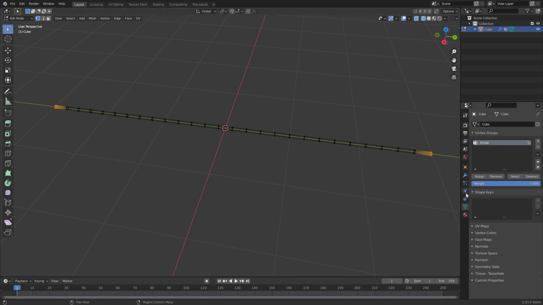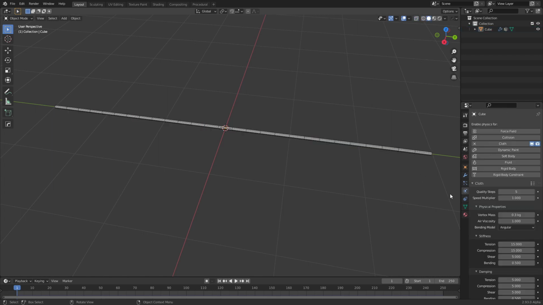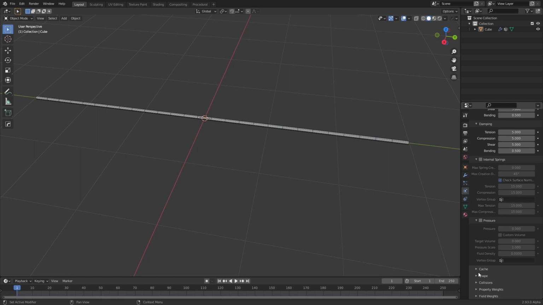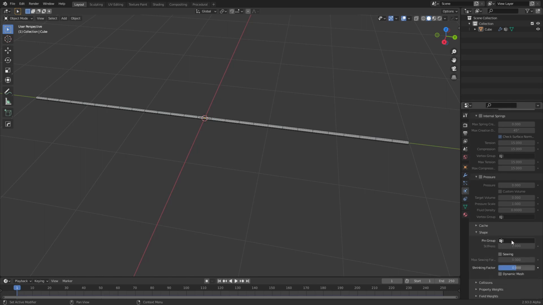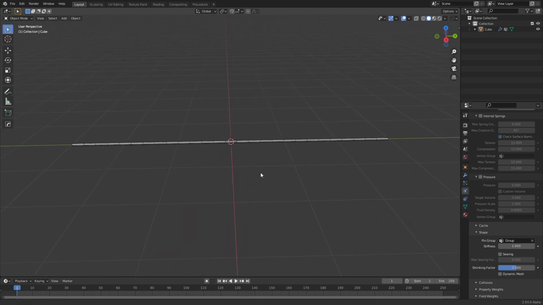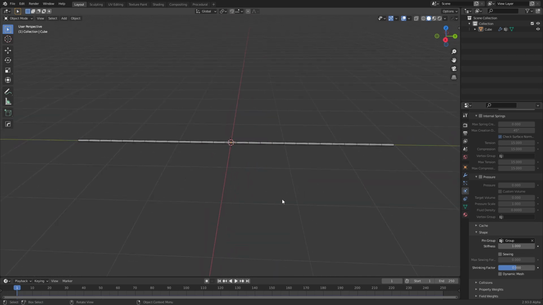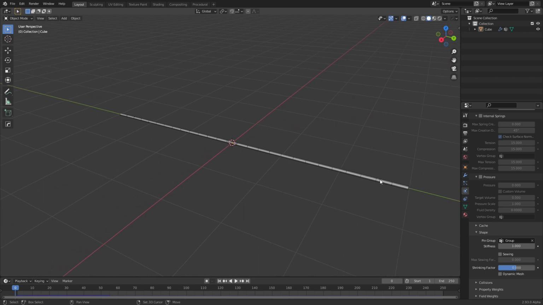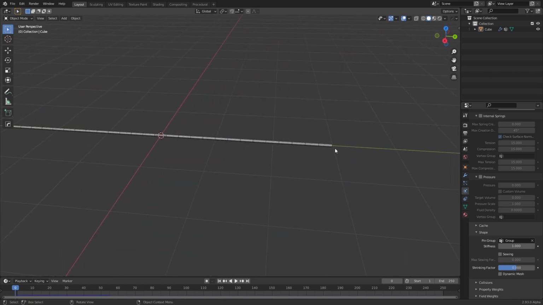group. Exit edit mode, physics properties, and in shape, select the group we just created. And now we have this. If you hit play, spacebar. What we're going to do is to edit again